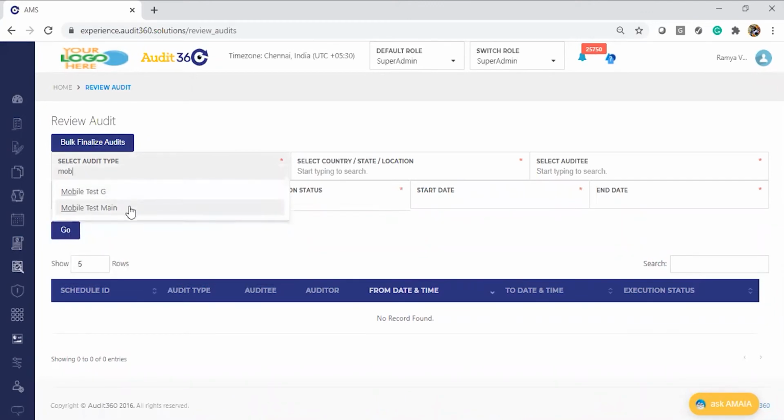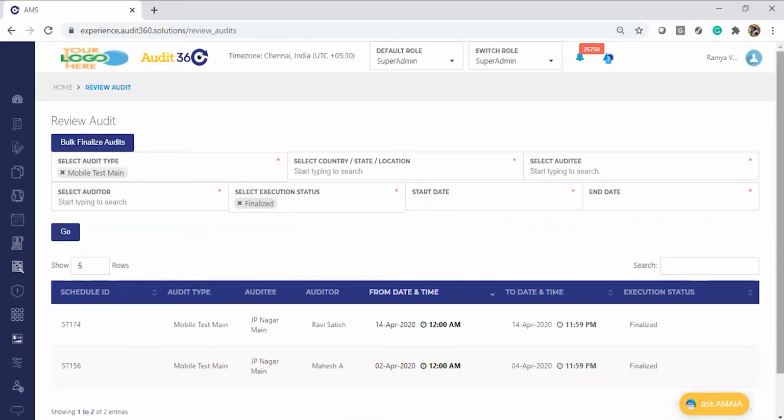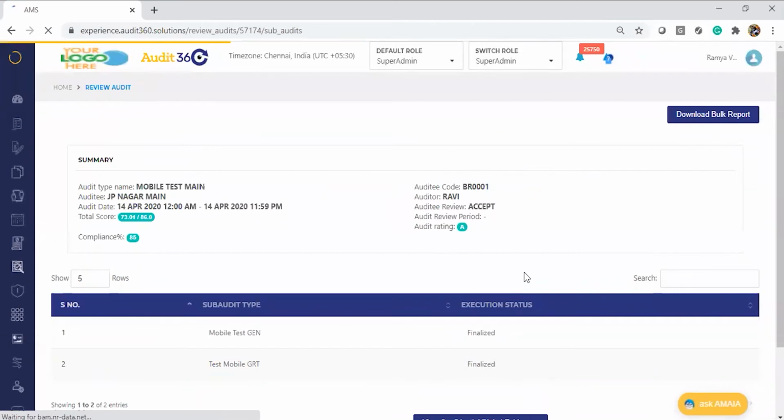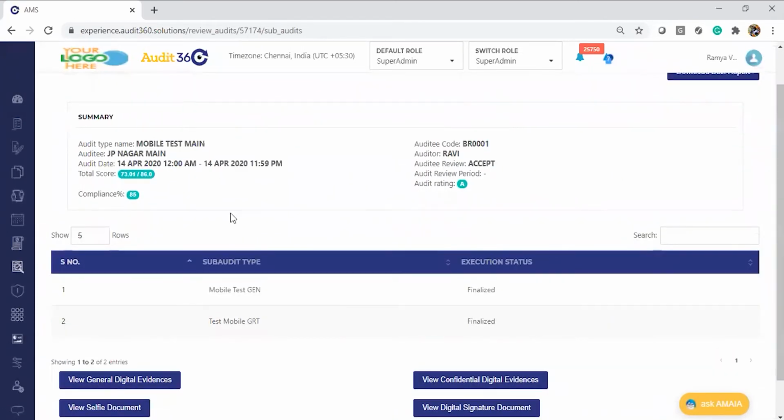I choose the mobile test main audit type, click on go, and choose one of the finalized audits. This is a parent audit which has a combination of sub audits. Any such parent audit would show a list of sub audits first, and inside them you get the reports available.